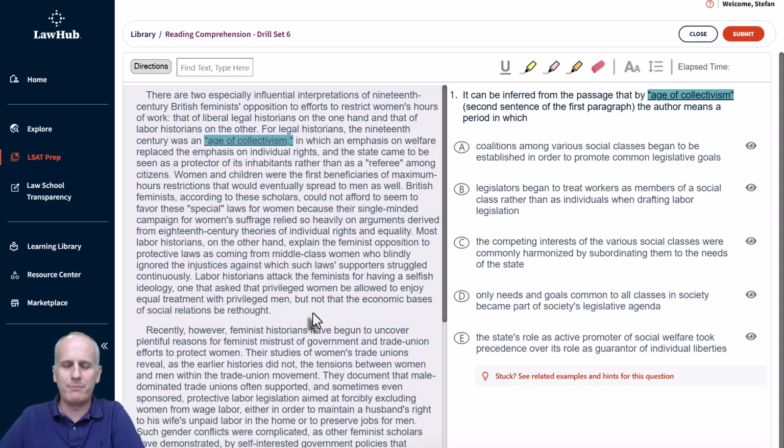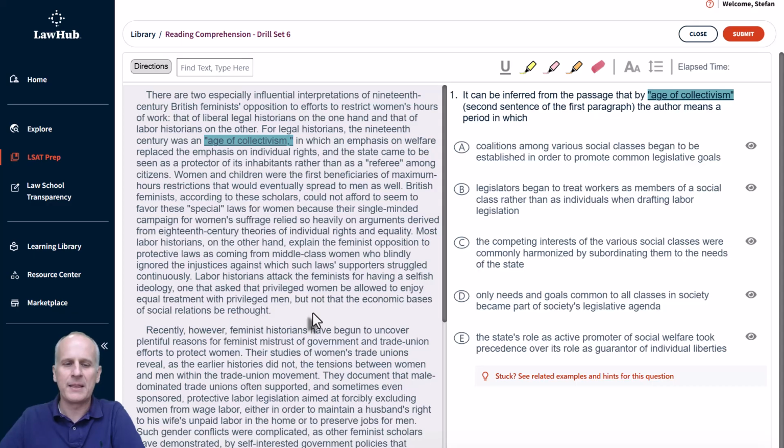Women and children were the first beneficiaries of maximum hours restrictions that would eventually spread to men as well. British feminists, according to these scholars, could not afford to seem to favor these special laws for women because their single-minded campaign for women's suffrage relied so heavily on arguments derived from 18th century theories of individual rights